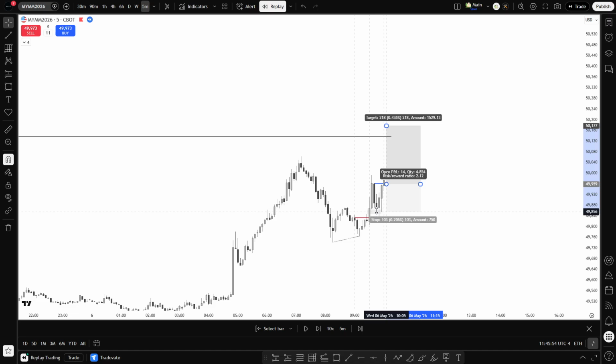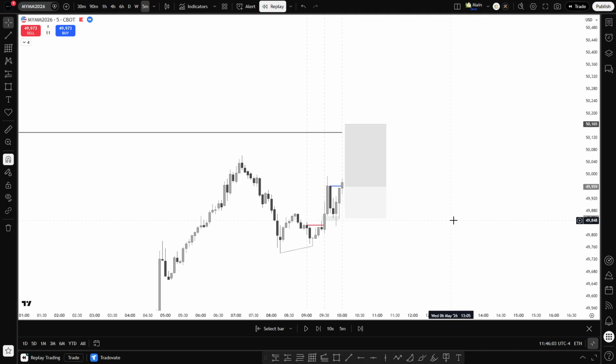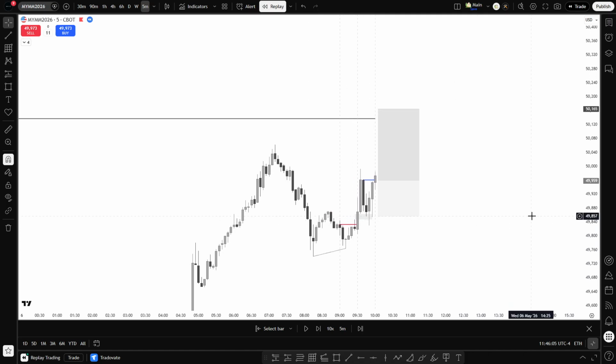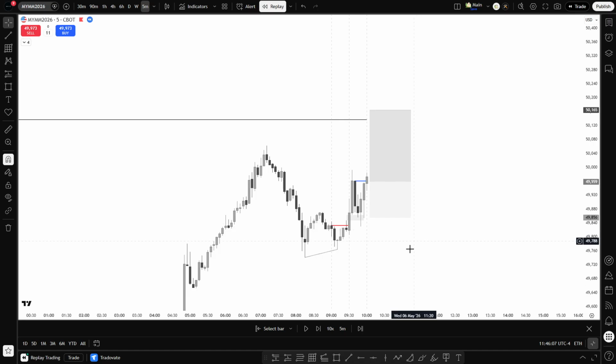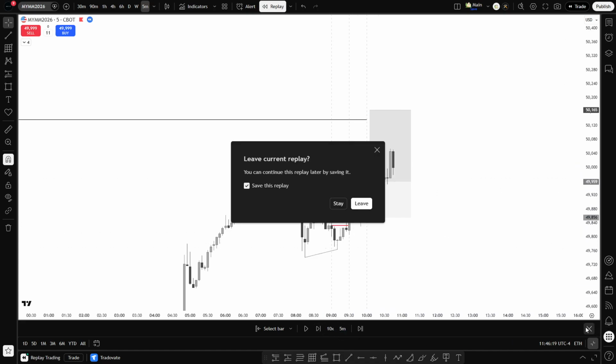Nevertheless, I took it. I was stopped a little low. I was shooting for only a 2R, which is still above the main draw on liquidity, which I don't ever do that, too. So, like I said, I was FOMO. I was feeling 100% FOMO. It just made me blind. And then price comes back, takes me out, edges my stop loss just barely, and then it goes back up. And it's something you can expect from price being at a high premium like it is.